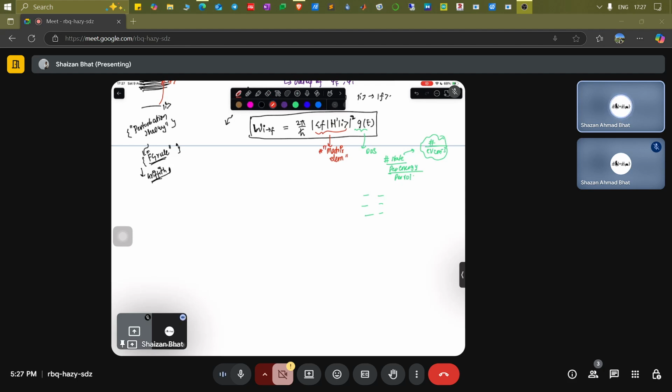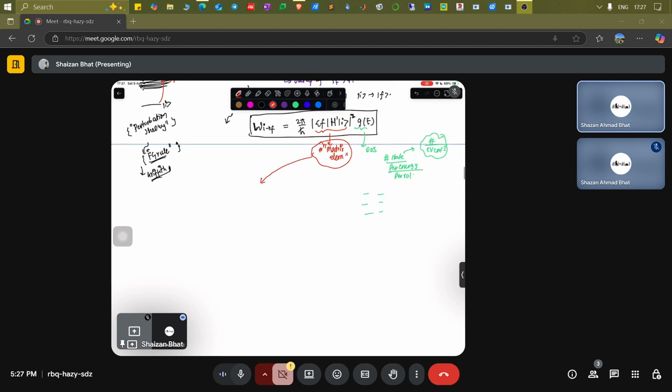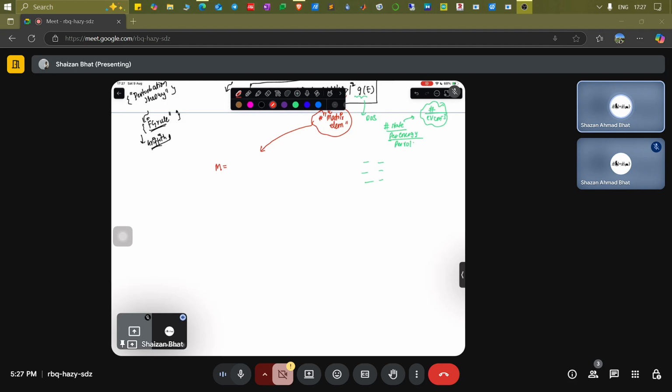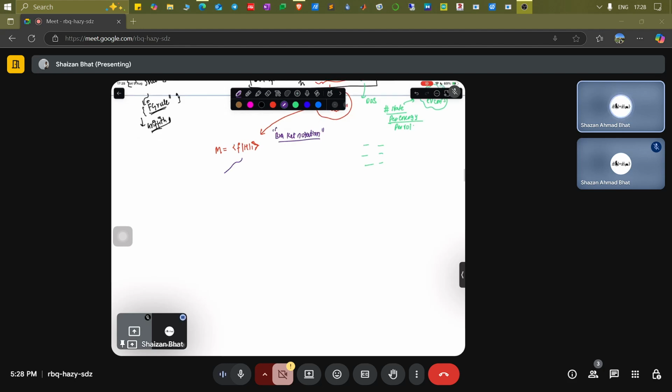Now the unknown quantity in it is something called the matrix element. The matrix element you can write as the final state, Hamiltonian, and initial state, present in these brackets which you call bracket notation. So it's like a Dirac notation. And you know that you can open this Dirac notation. If you are very good in quantum mechanics, you know that you can write it in integral form. You can write it in a matrix form. It depends upon what problem you are dealing with.